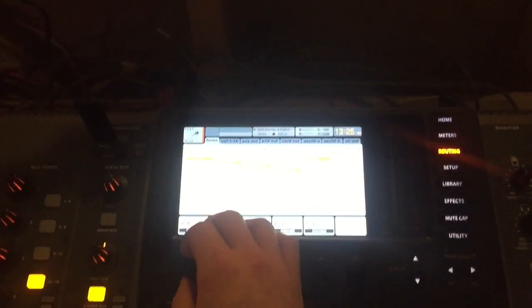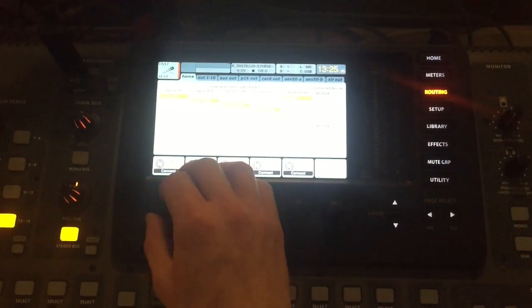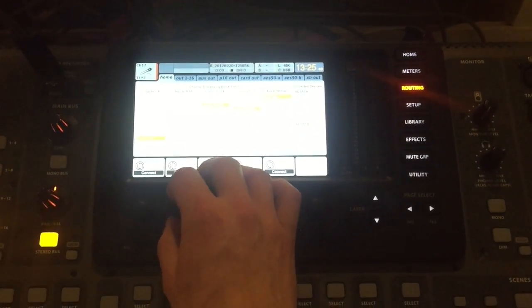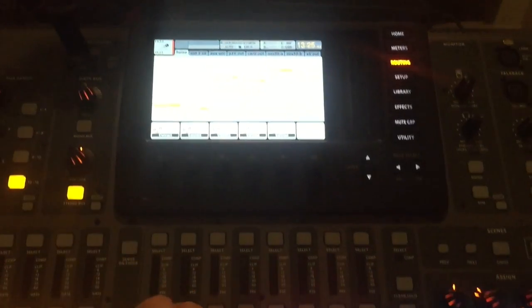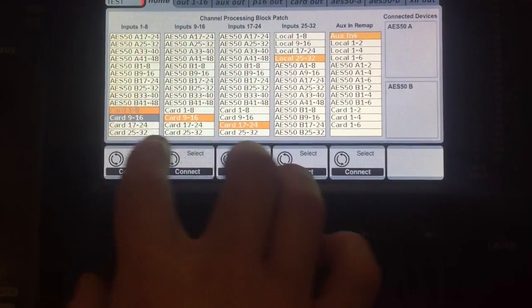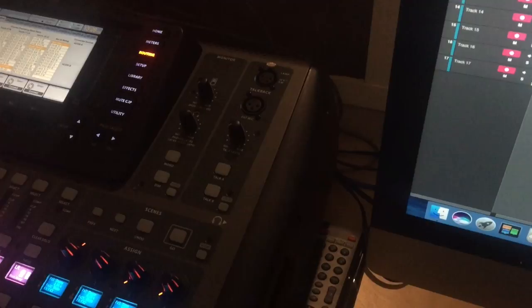To get it to go through the system, you'll need to go to the routing page. So you'll click routing right here by the screen and scroll down to card, because card is the USB interface that allows audio from your computer to go through the X32. So you'll click card for those two, as well as you can go to 17. And these are in banks of 8. So now that the card has been set up properly, I'll play the audio track I just recorded